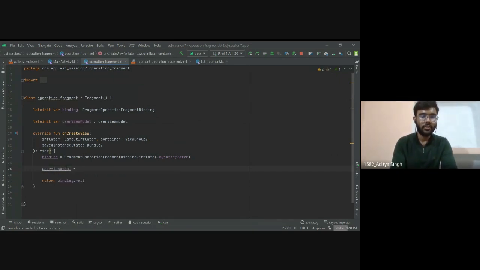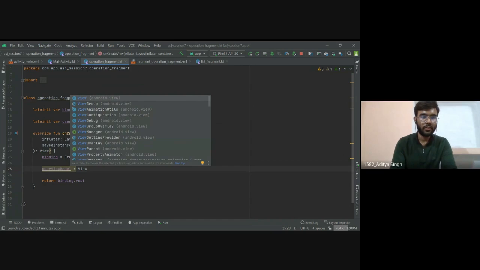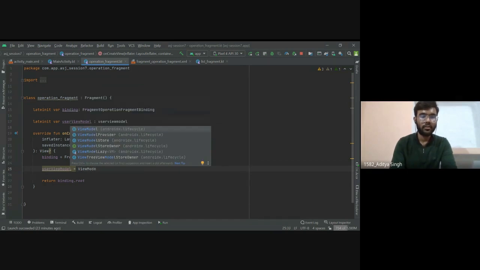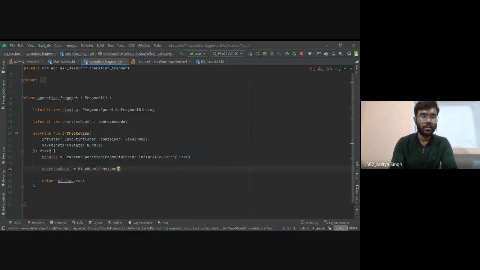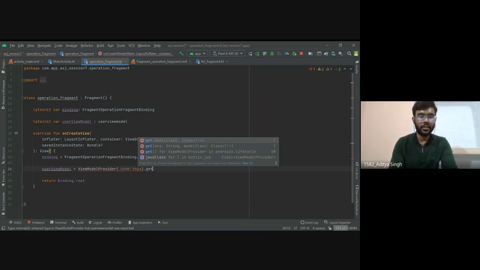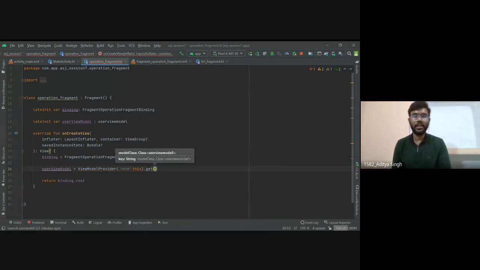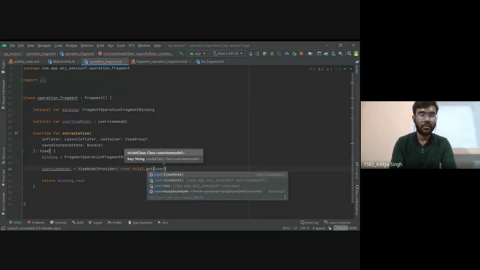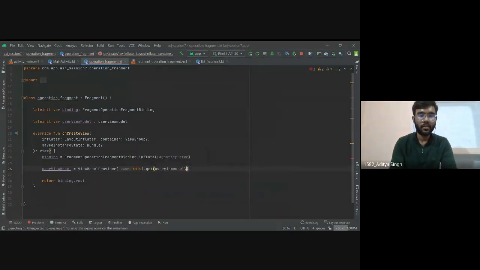userViewModel is equal to ViewModelProvider.get. Inside this get, we will pass our view model class. So the name was UserViewModel::class.java.